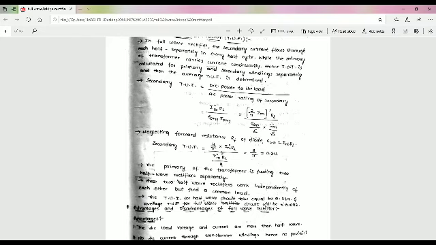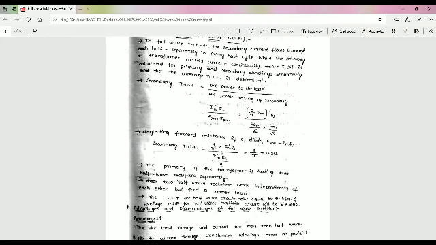The average TUF for the full wave rectifier circuit is the TUF of the primary plus the TUF of the secondary by 2, that is equal to 0.693. So in the full wave circuit, the transformer gets utilized more than in the half wave rectifier circuit. These are all the parameters.